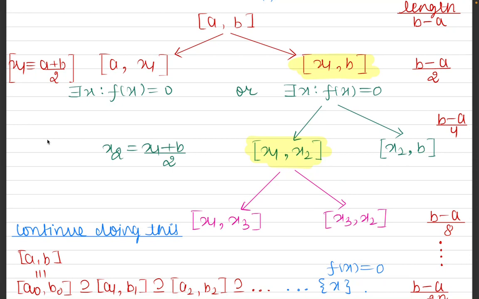So this is called the bisection method, and this is basically an application of the intermediate value theorem. So either f of a times f of x1 is non-positive or f of b times f of x1 is non-positive. So if case 1 holds, that is f of x1 is 0, then we are done, right? In case 2, if the first thing happens, f of a times f of x1 is negative, then again by the intermediate value theorem,